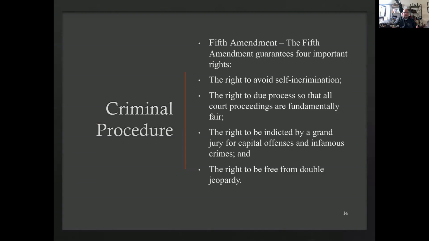This slide just kind of backs up what we were saying about these. The biggest one, the right to avoid self-incrimination. You have a right to be quiet. It's just that simple. No matter if you're guilty or innocent, you have the right to be quiet. Don't build anything or say anything, because sometimes in stressful situations, we'll say stuff that we do not even mean. It really is not anything that applies, but it could be taken in the wrong way. So if you have the right to be quiet, just be quiet and let the procedure go the way that it should.